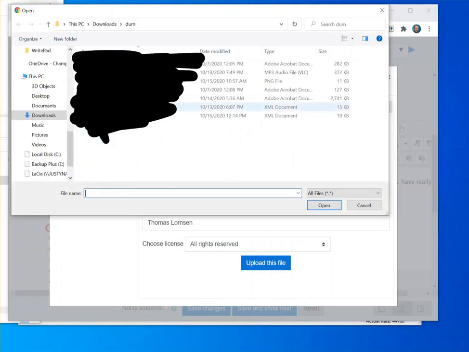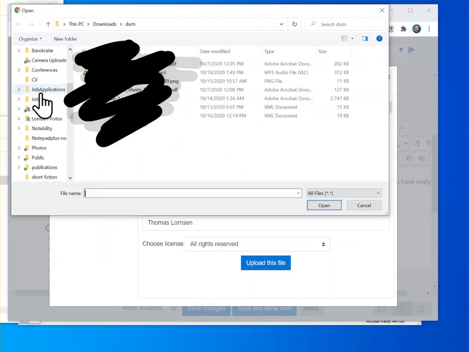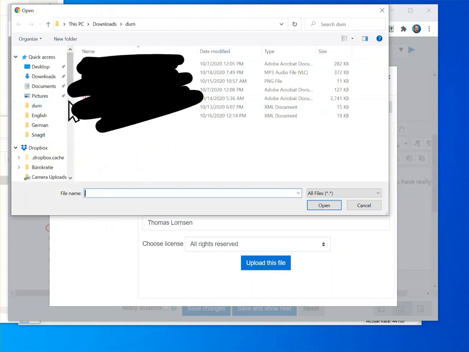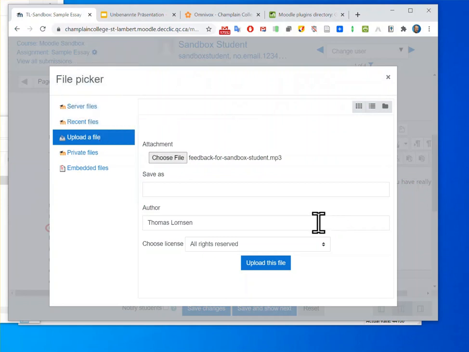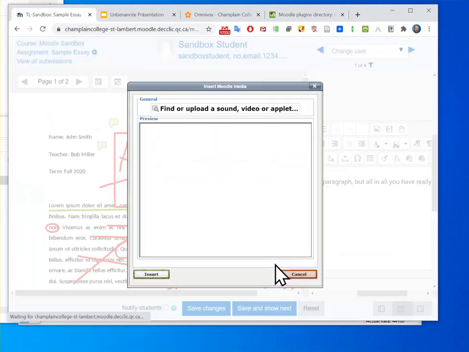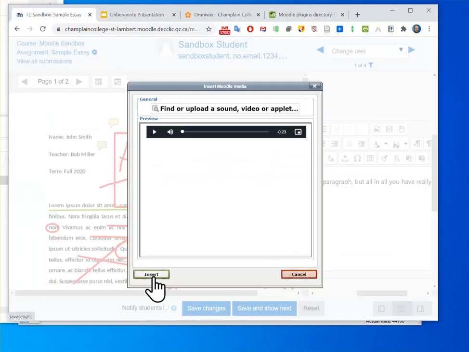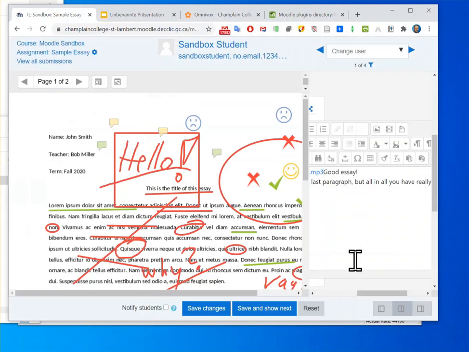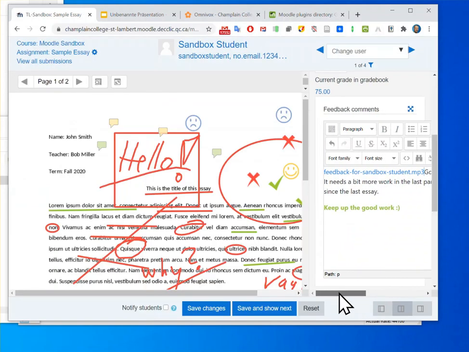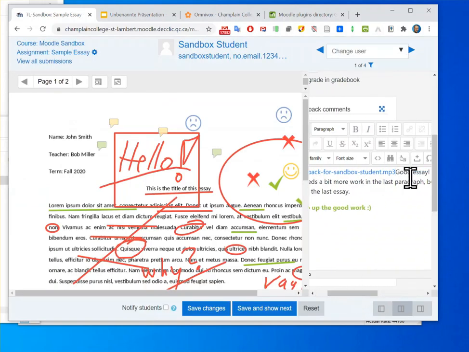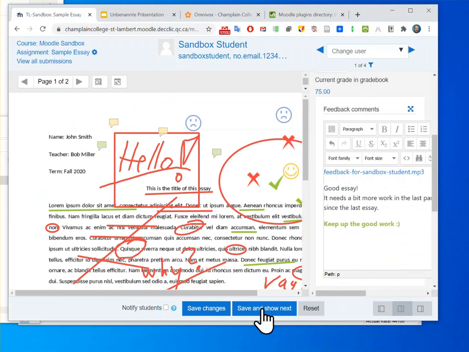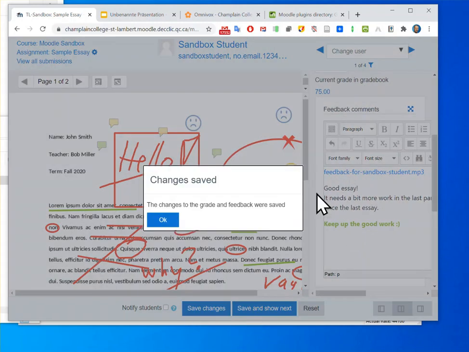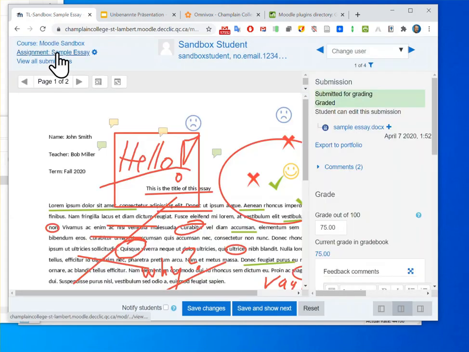and I will choose the file I just, here we go, and upload this file and insert. So now it is inserted right here into the feedback. Okay, so now if I save changes